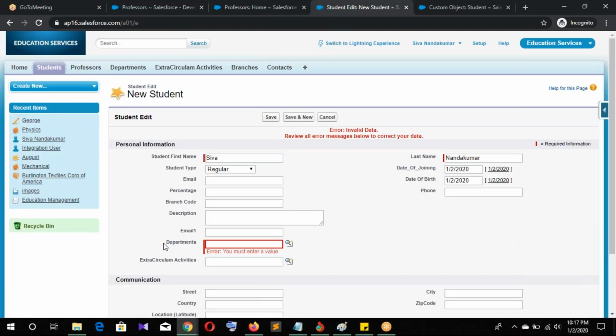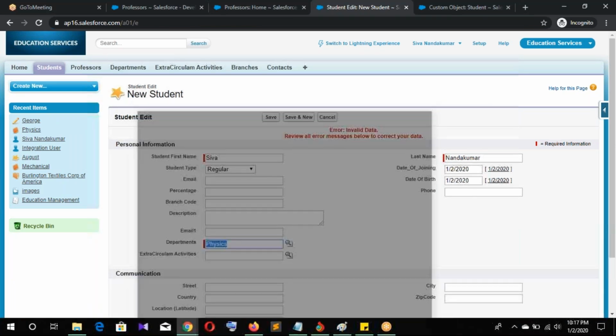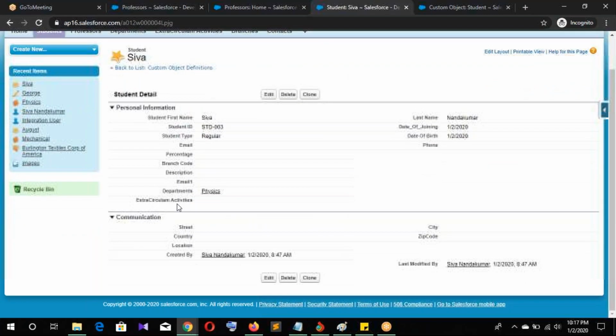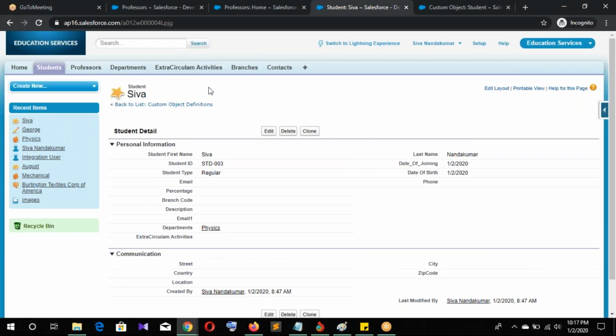Click on save, but in the department it is showing an error. Okay, physics. Just click on save. No errors. Clear? Yes. It's good.